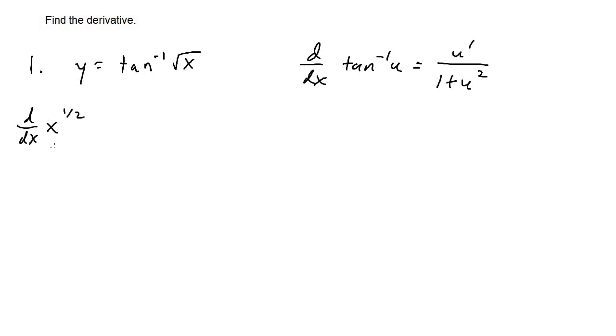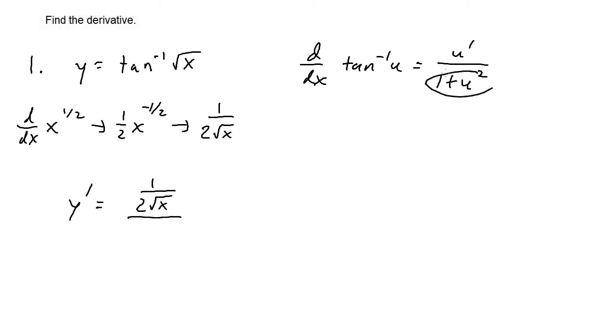Now to find the derivative, we can just use the power rule, where you bring the power down and then subtract the power by 1. So 1/2 minus 1 is negative 1/2. We can simplify that to 1 over 2 times the square root of x. So u prime is going to be 1 over 2 times the square root of x